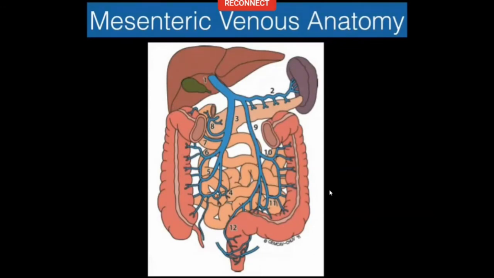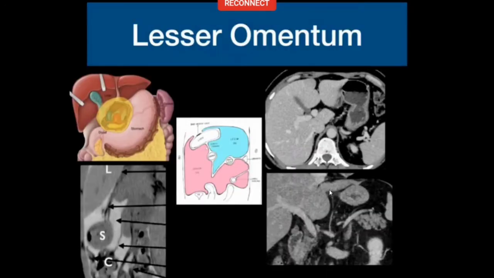Similarly, the veins correspond to the arteries. And we are going to see how we can use these vessels to decide where we are. First, let's look at the lesser omentum. Do you remember we said between the stomach and the liver will be the lesser omentum? Over here on CT, between the stomach and the liver, is where you will get the lesser omentum. And the left gastric vessels, that is the left gastric artery and vein, will run in the lesser omentum.